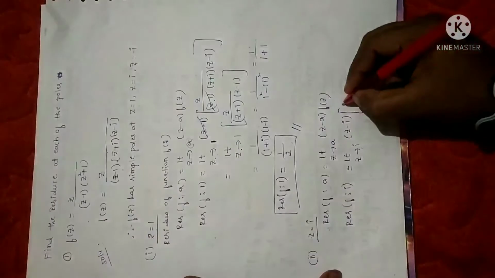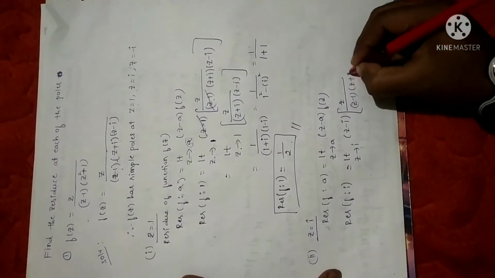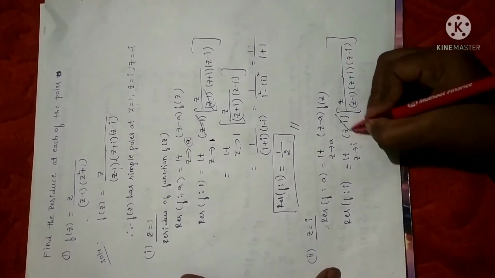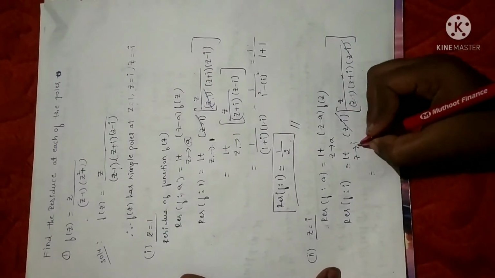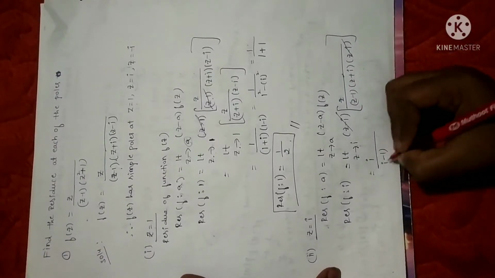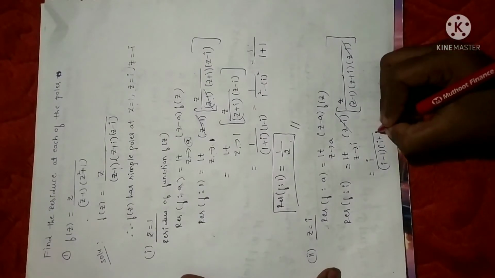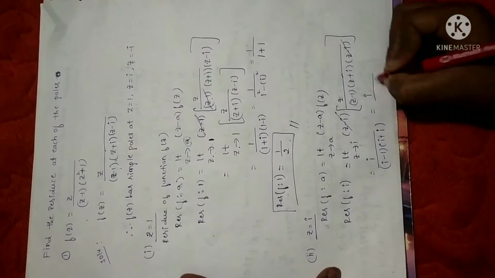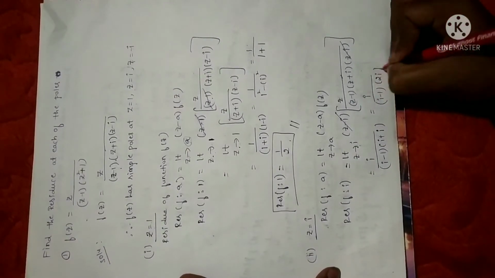You have to write this function z divided by z minus 1, z plus I, z minus I. As I already told you, the minute you substitute a function, you have to do the cancellation. Afterwards, substitute the value of the limit. So, limit z tending to I means you just replace z with I. So you will get I minus 1 into I plus I here, because you are replacing z with I. So you will get I divided by I minus 1 as it is. I plus I is 2I.